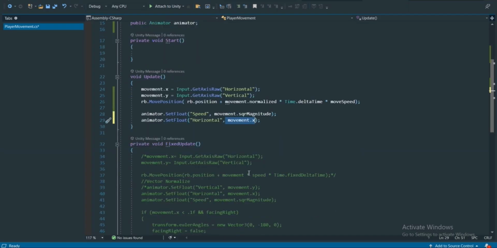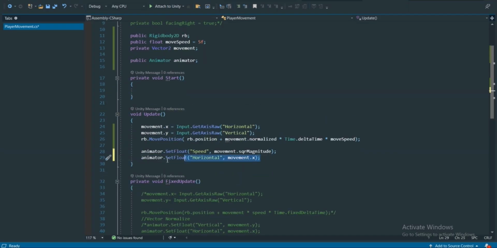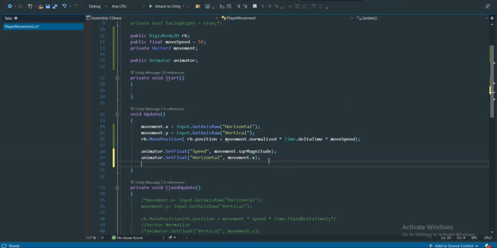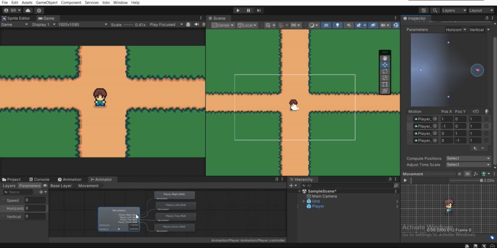And now let's tackle the same thing as we have done for horizontal. So let's copy by Control C and paste it down by Control V, and we're going to check for vertical now. So let's pass vertical, and for this movement dot x we're going to replace it with movement dot y. So this movement dot y can be -1, +1, or 0 depending upon if we hold down W, so it can be +1. And if we just move to Unity and select this blend tree, go over